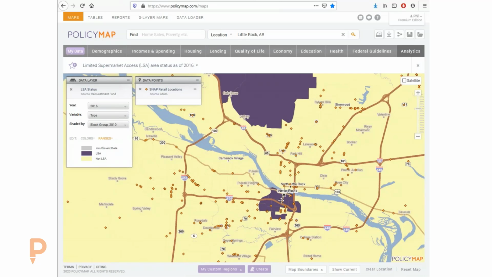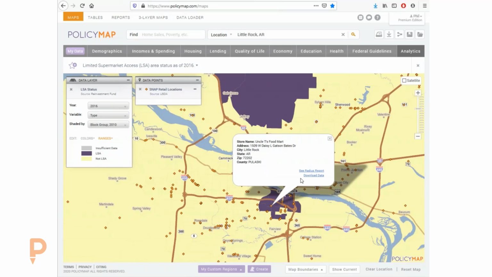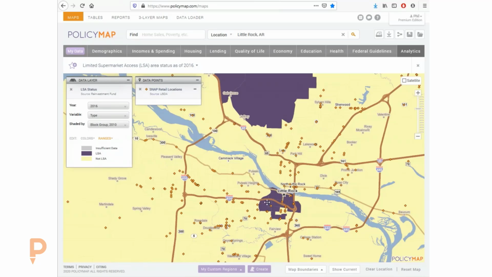But if you look at some of these points, what you're going to see is this is probably a corner store, the Roadrunner 15. So it's a food market. In this case, this probably has fresh foods, but the threshold for a conventional retail store is a dollar amount. So they might have a good mixture of actual fresh foods, but the difference is it might be a really small shop, and so they probably aren't answering the need of the neighborhood all the way around, but maybe just that very small block that it sits in.